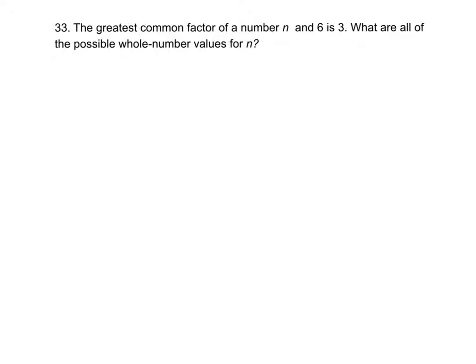33, the greatest common factor. So now we're doing factors. The greatest common factor of a number n. So we don't know what n is. So n is kind of like the question mark. n means there's a number hiding under it. So n and the number 6